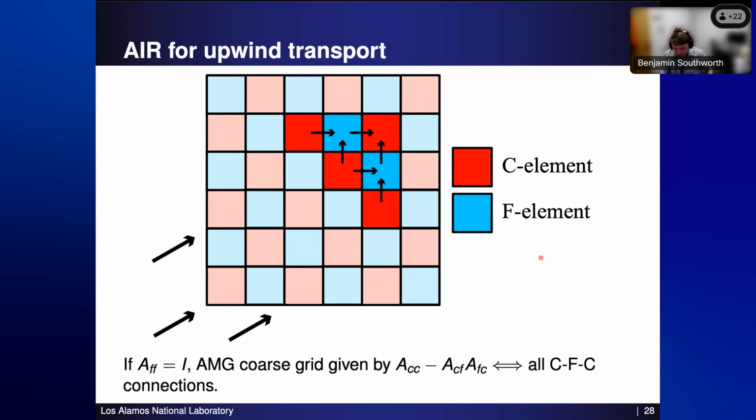On the next level, it gets more complicated because you get spread. You get fill in, right? So when we form our coarse grid operator, all of a sudden this C point, which is now our coarse grid, will depend on these three other points as well. And these are all going to be on our coarse grid. But if we have, again, advection, this bottom element, at least for the direction I have advection going right here, shouldn't really affect the solution right here. Because, right, if you follow the characteristic, it's coming off over here. So in the matrix sense, it's connected, but physically it doesn't matter.